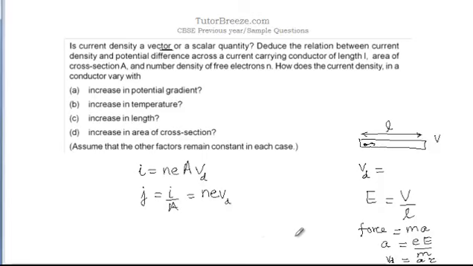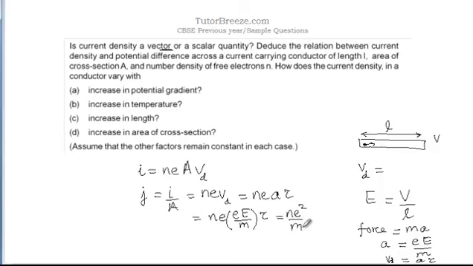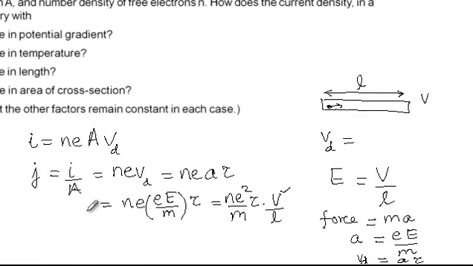The drift velocity is written as acceleration times tau. So this can further be written as n e A times the relaxation time, which is equal to n e, and the acceleration is given by the force over mass times tau, and we can write this as n e squared over m into tau, and E can be put as V by L. Now, if the potential V is increased, then J will also increase.